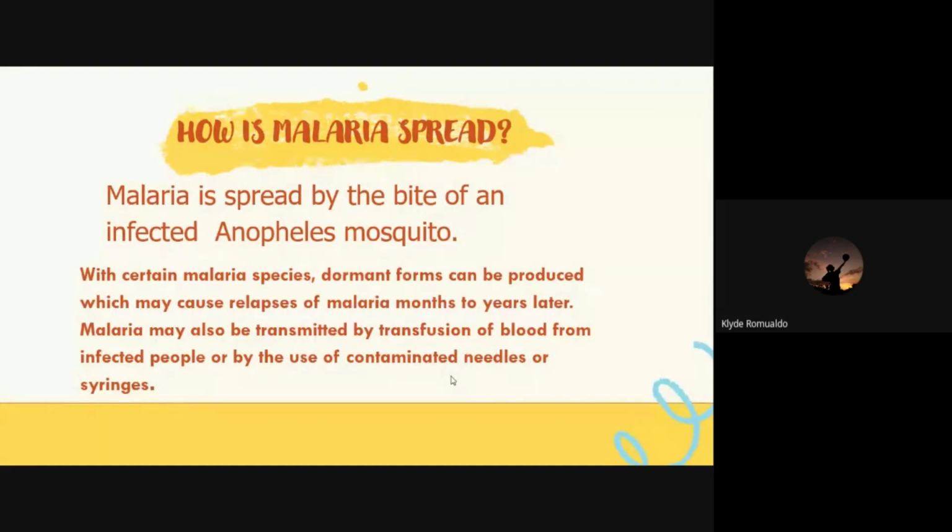How is malaria spread? Malaria is spread by the bite of an infected Anopheles mosquito. With certain malaria species, dormant forms can be produced which may cause relapses of malaria months to years later. Malaria may also be transmitted by transfusion of blood from infected people or by the use of contaminated needles or syringes. So as I have mentioned kanina, ang malaria daw is spread dahil sa mga female mosquitoes kasi